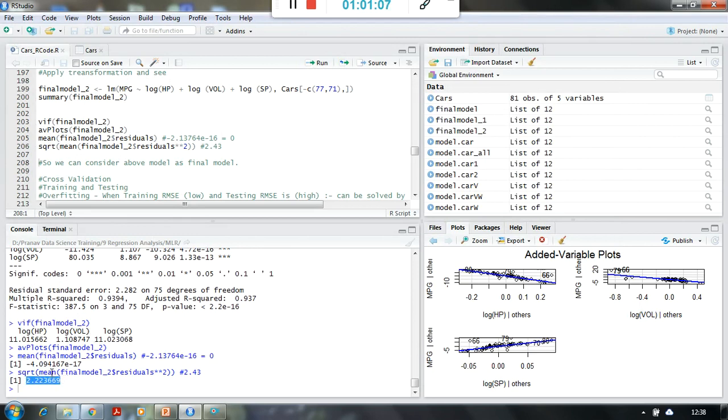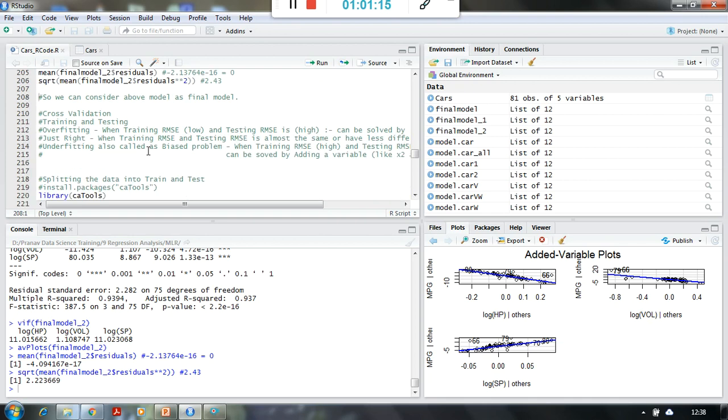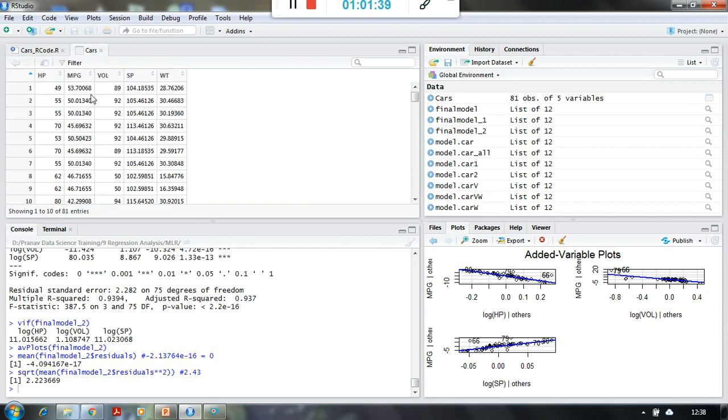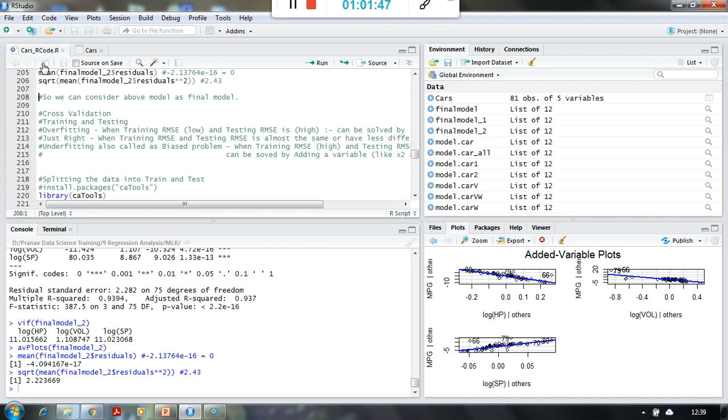So earlier it was 4 point something, then it came down to 3.87, and now it has come down to 2.22. If I want to consider the difference between these 2 models, how can I evaluate the models? Of course, this model is good because it is giving me the lesser RMSE. The above one was giving somewhere close to 3.87 or 4. This is 2.22, which means if my original value is 50, then my model is predicting either 48 or 52, so I have come closer to the actual value. That is the interpretation of this.